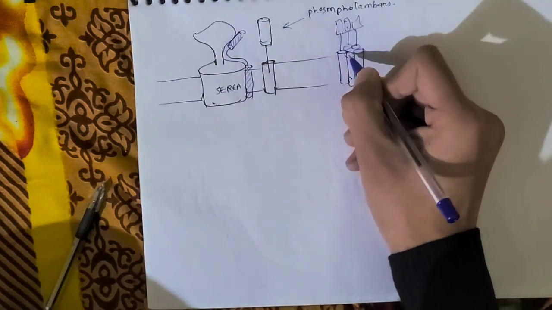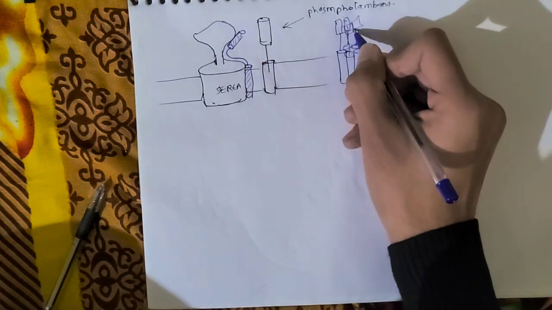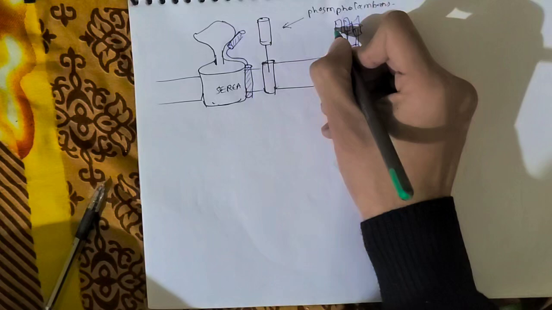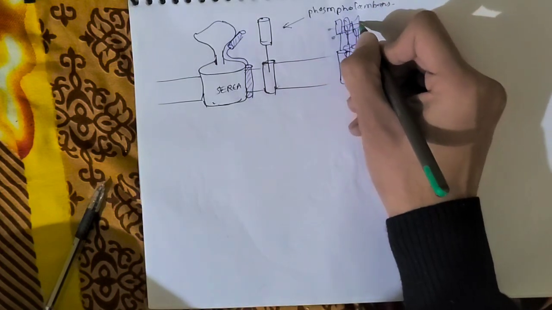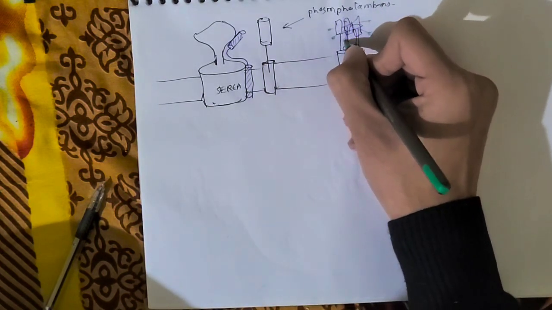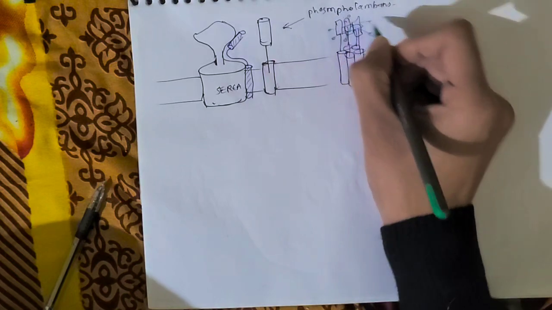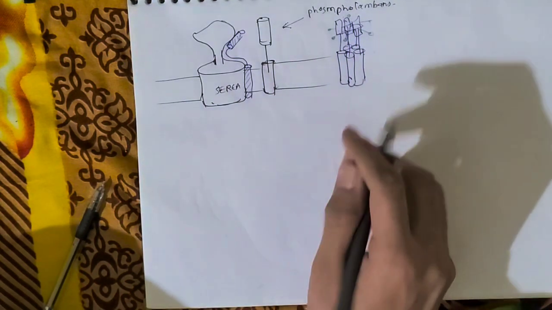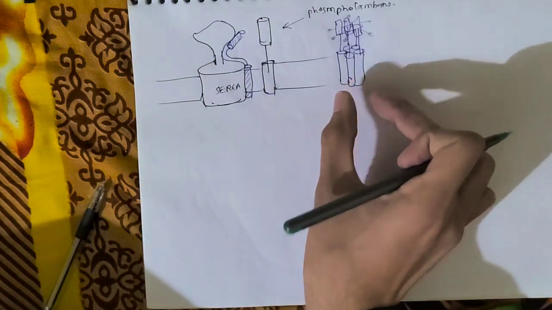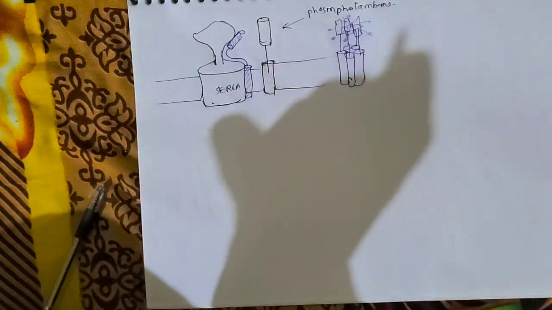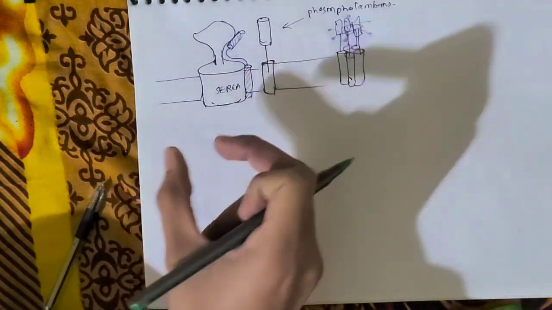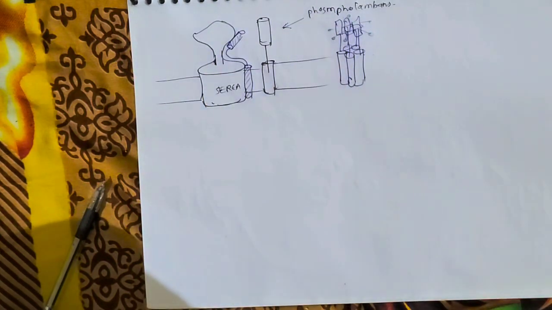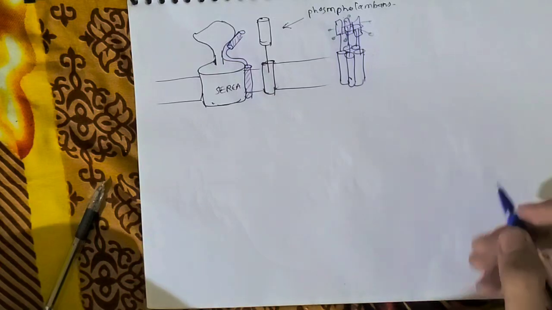You understand what I'm trying to say, right? Something like this. A pentamer is formed after what? After phosphorylation. When phospholamban gets phosphorylated, they group together and become a pentameric complex, and they are now not available for interacting with SERCA and inhibiting it. So now SERCA can work freely and pump calcium out in excess amount, and this can be done by many